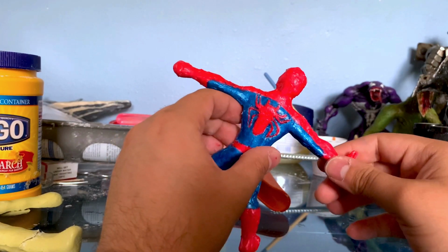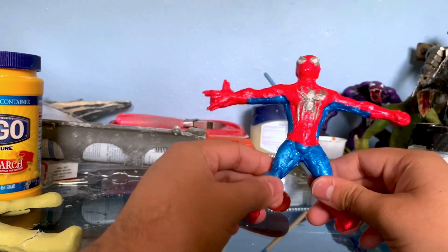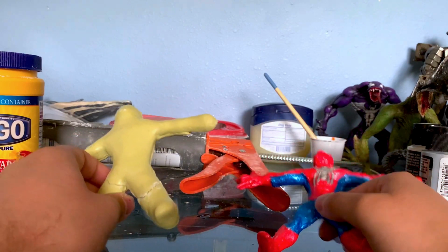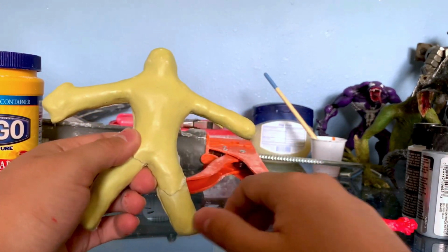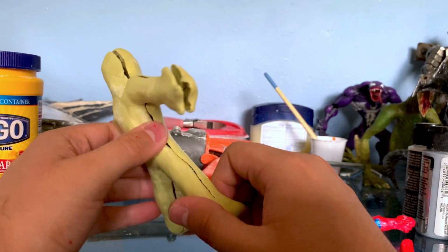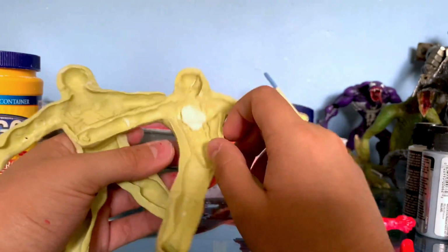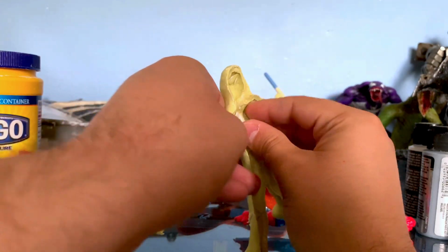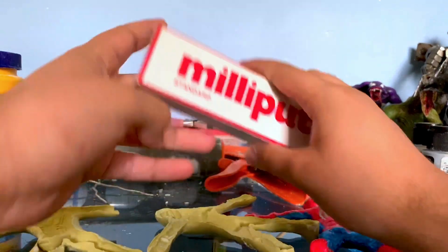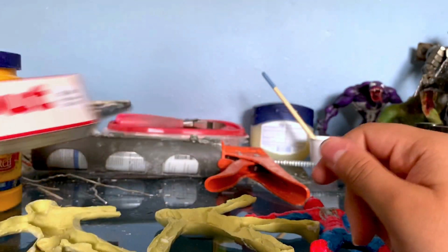And as you can see, I think the results are somewhat okay. I mean, I tried really hard. For one thing, I am somewhat new to mold making, so that was also a difficult thing. But I was following the steps that MarcoMakes took, where he made a mold from this putty. It's called milliput, and it's an epoxy putty, and you mix two materials together,